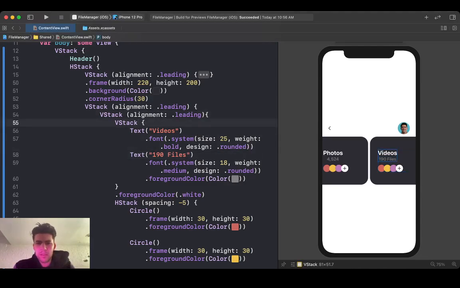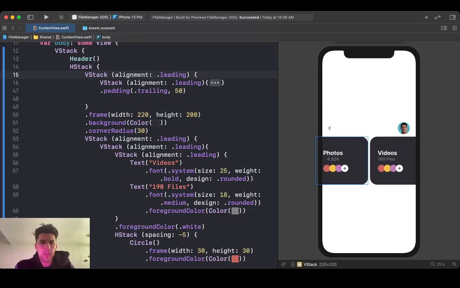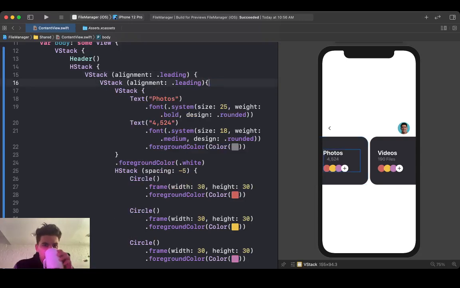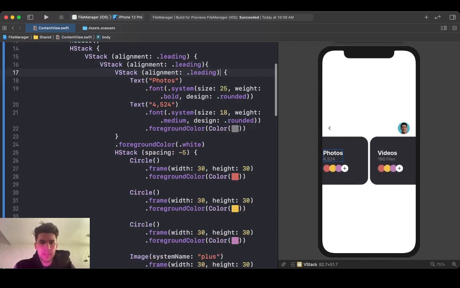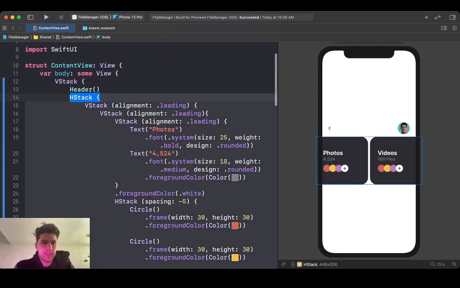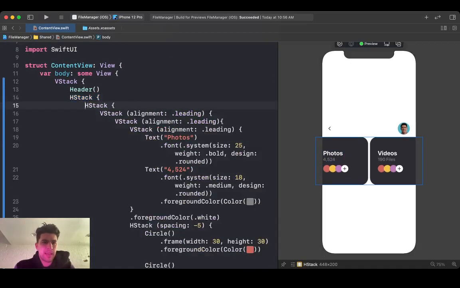Okay, so we need to keep this here. And we need, why is photos not aligned? Right there. Okay. Okay, sweet. So next we have to put this into another H stack, and we're going to call this